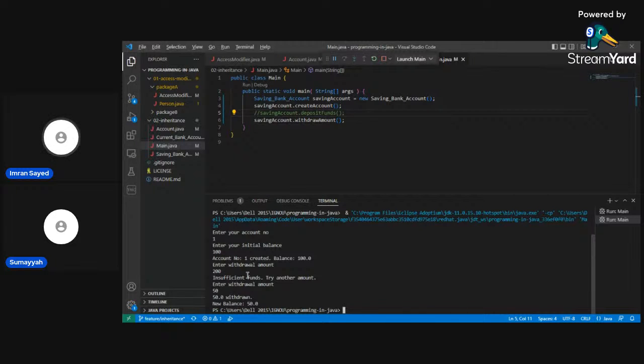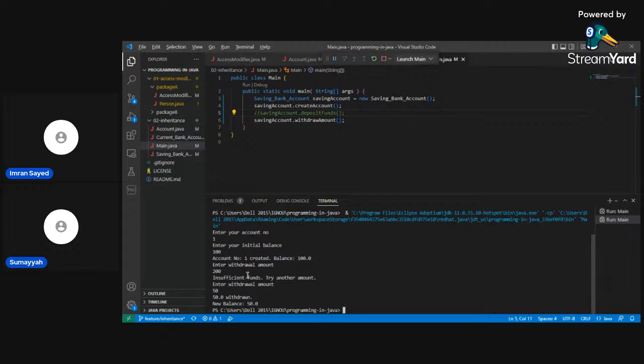Now let's look at the question. What does the question say? It says override constructors of account class in saving bank account and current bank account classes. Define appropriate methods to operate this account, make necessary assumptions. So we have to override.